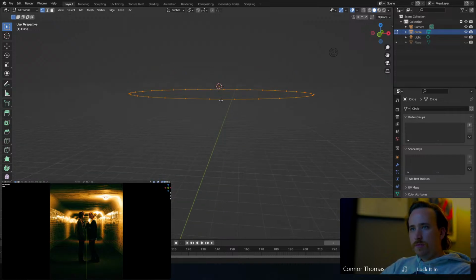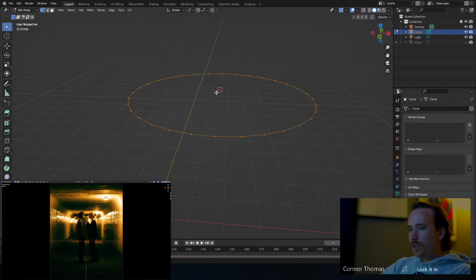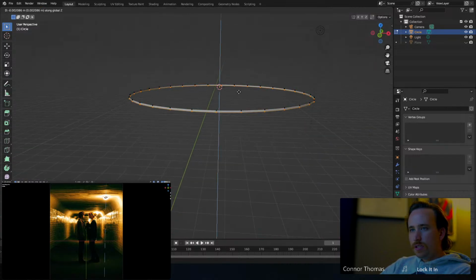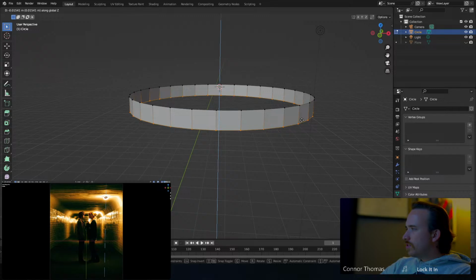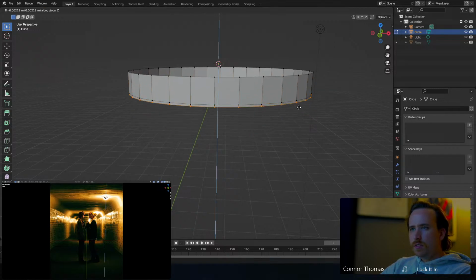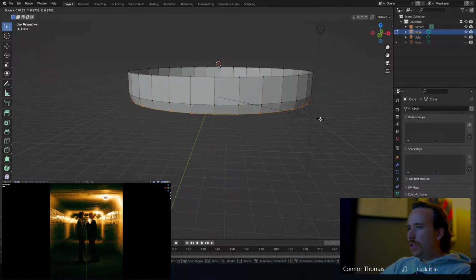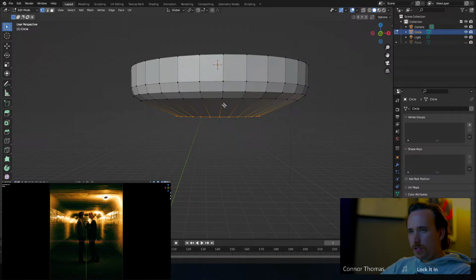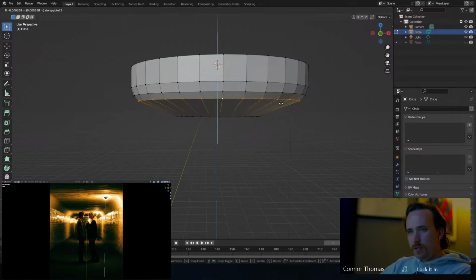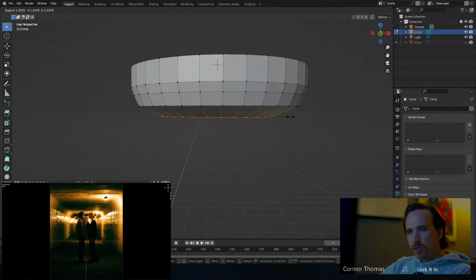I did duplicate this edge right here, just so that way I can, oh, not yet. I'm just gonna bring this straight down. I'm just eyeballing it at this point, obviously not matching because it's not in the correct location, but so let's just